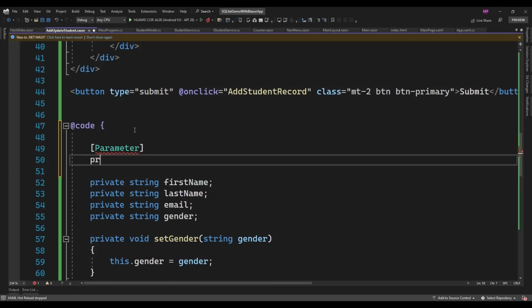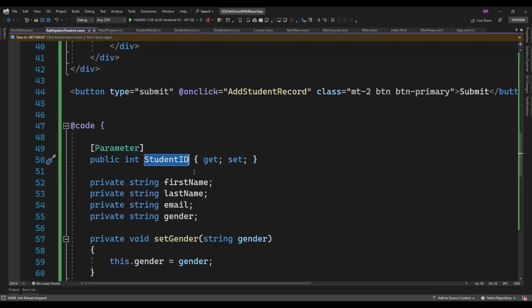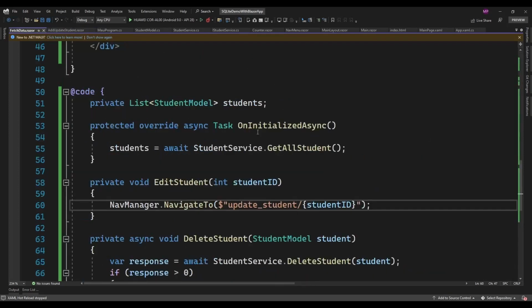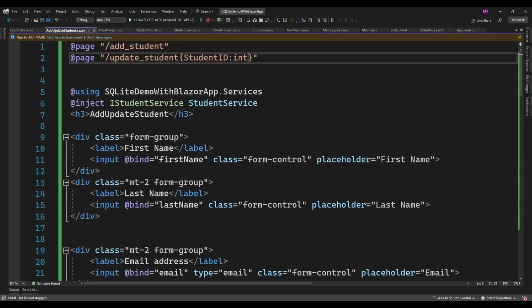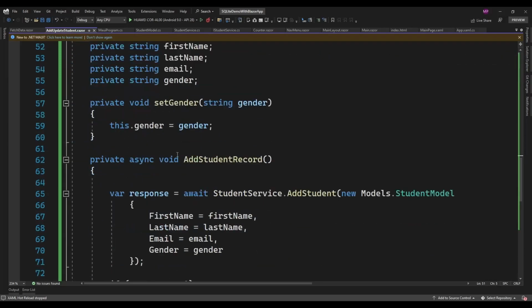Private, public integer student ID. Okay, so this student ID parameter is a type of integer that is going to be set from this page, like when it's called update student, then it will also have a student ID as a parameter, and that parameter is going to be set here. So let's see on